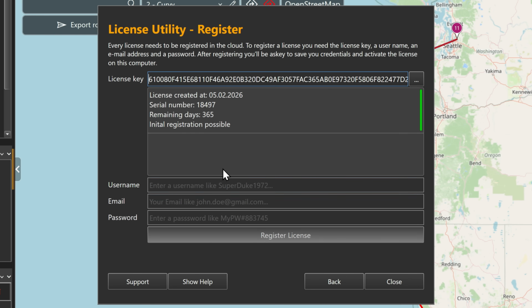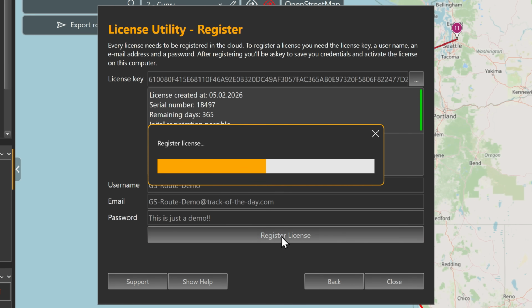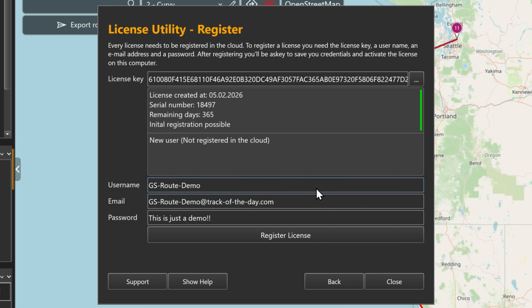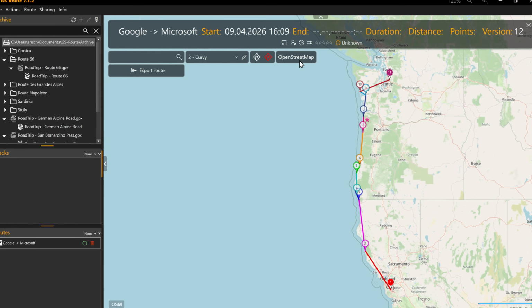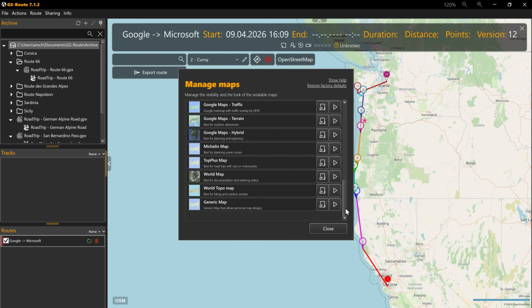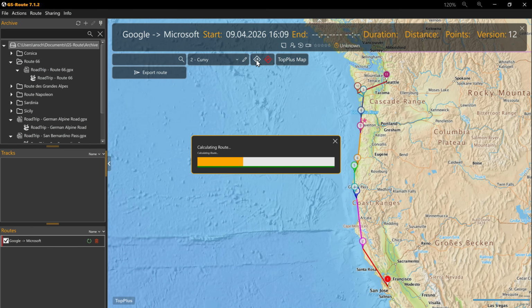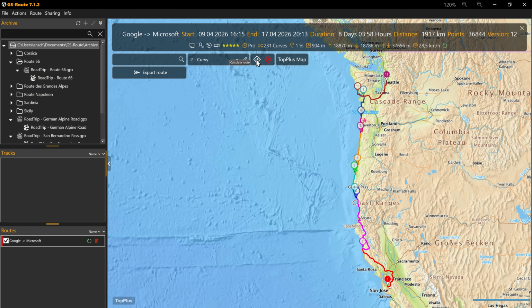Every feature waiting, answer the call. Hit the track of the day, find your pro license there. Add it to your cart, go on, it's only fair. Register it in the cloud, watch the magic start. GS Route comes alive, every brand new part. Unlock the